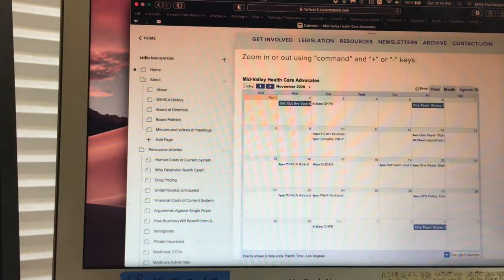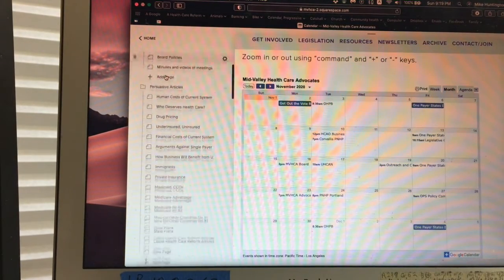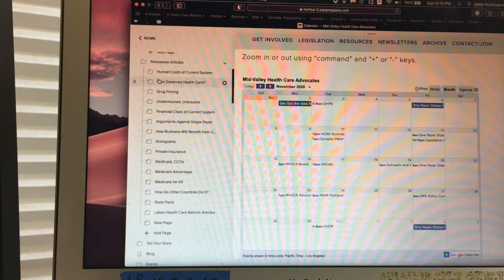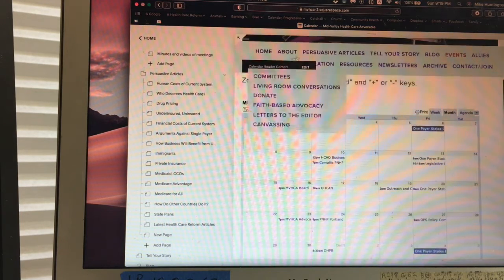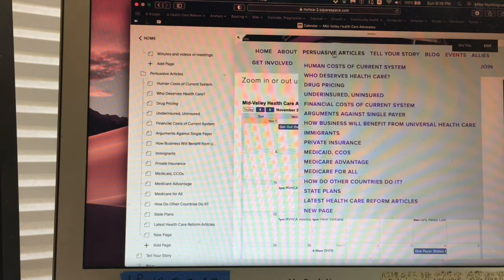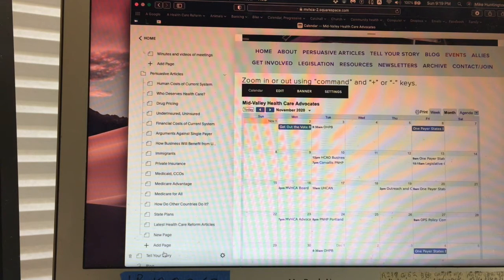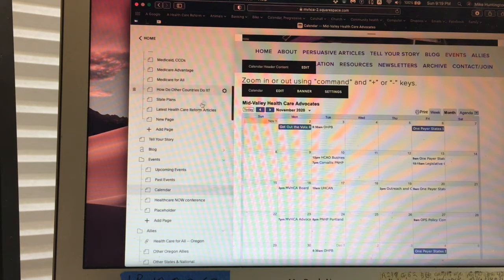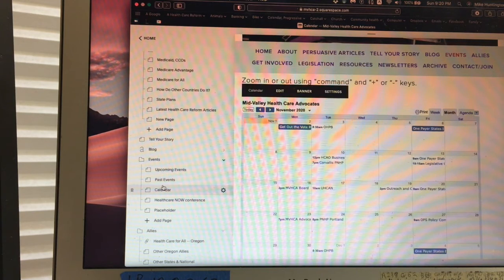So we're down in the main navigation page or column, and every one of these larger headings is the same as one of these tabs up here. So like persuasive articles is here, and tell your story is here, and events is here. So here's calendar under events, and